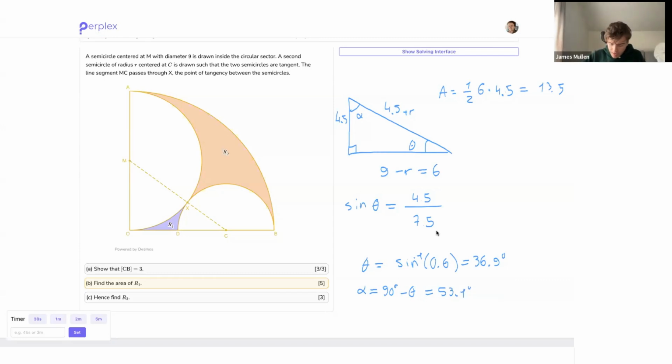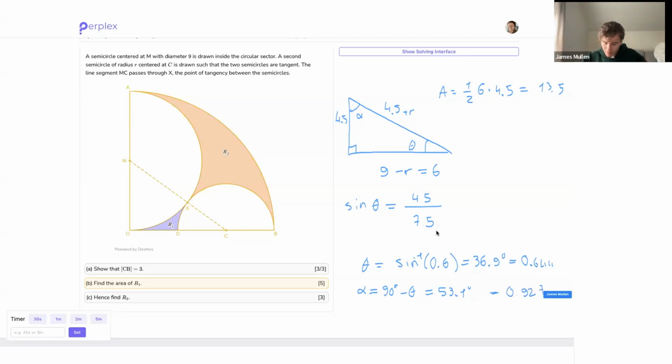Now we know both of those angles, but I actually want to know those in radians. If I was smart, I would have put the calculator in radian mode and gotten these angles in radians instead of degrees, because now I have to convert them. So I'm going to do 36.9 divided by 180 times pi, and that's going to give me 0.644. And this one, 53.1 divided by 180 times pi, is equal to